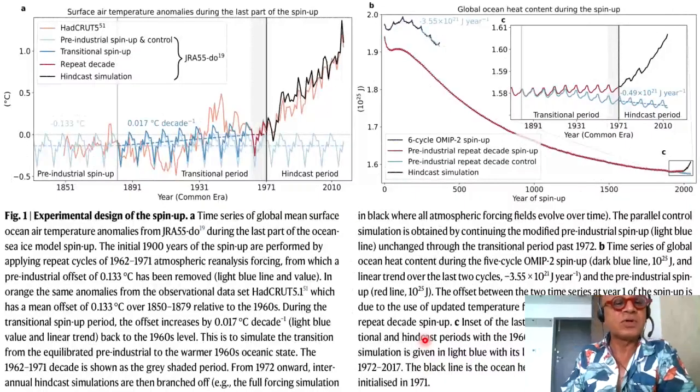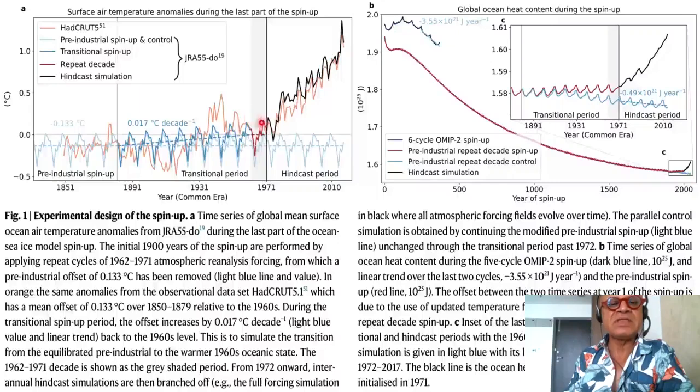Sorry about that. So these are complicated figures, but basically it gives you a sense of what they are doing. They're using some observation-based product, and they're taking an ocean model and creating a data-simulated reanalysis product. But since we don't have the forcings back in the beginning of the Industrial Revolution, what they do is they take a decade, 1961 to 71, where we have very good, well-constrained forcing products, and there is a well-known trend that occurred over this time.